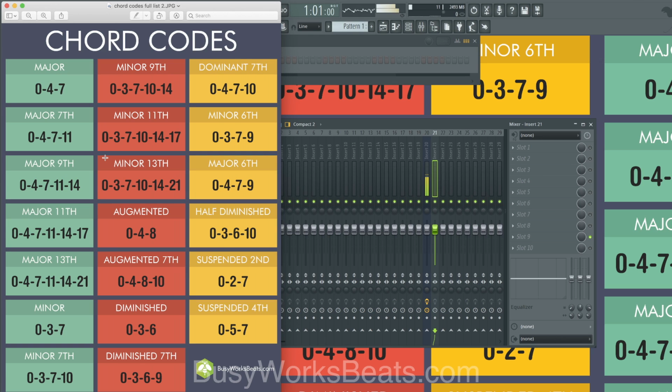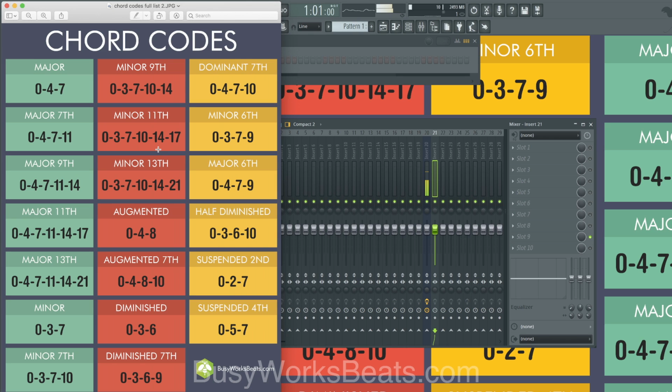So long story short, let's do a big chord, like a minor 11th. If we look at this chord code chart, the minor 11th is 0, 3, 7, 10, 14, 17. So again, you can use this as a reference, and as long as you can count, you'll be fine. The note you landed on is the 0 point because there's no distance. That's why we call it a 0 point. It's the starting point. Then all you have to do is count up your keyboard note by note until you finish out this chord code.